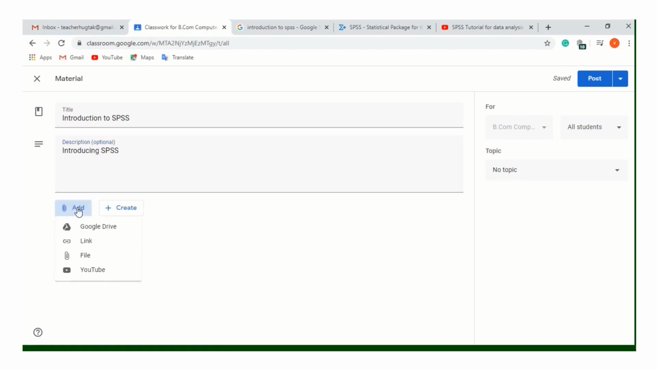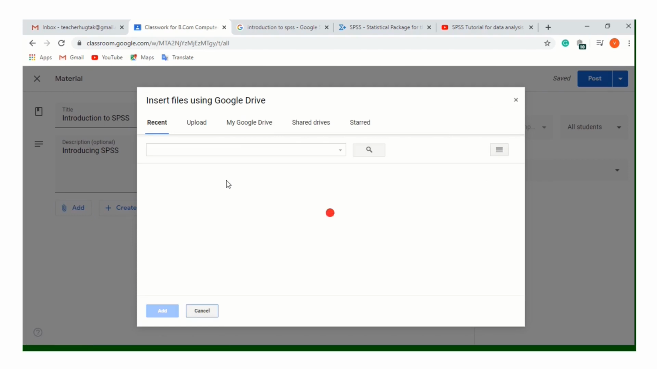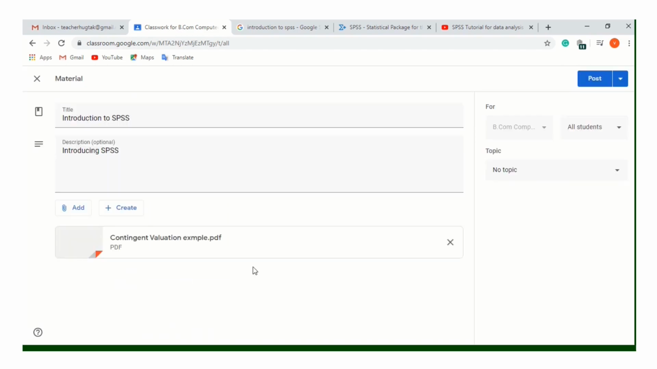Click on add. We can select the material from Google Drive, link, file or YouTube, and we can see all these options one by one. First we need to click on Google Drive, and let's see what's all there. Google Drive, I have one document over here, contingent valuation. I'm clicking on that. Click on add. So that material got added,